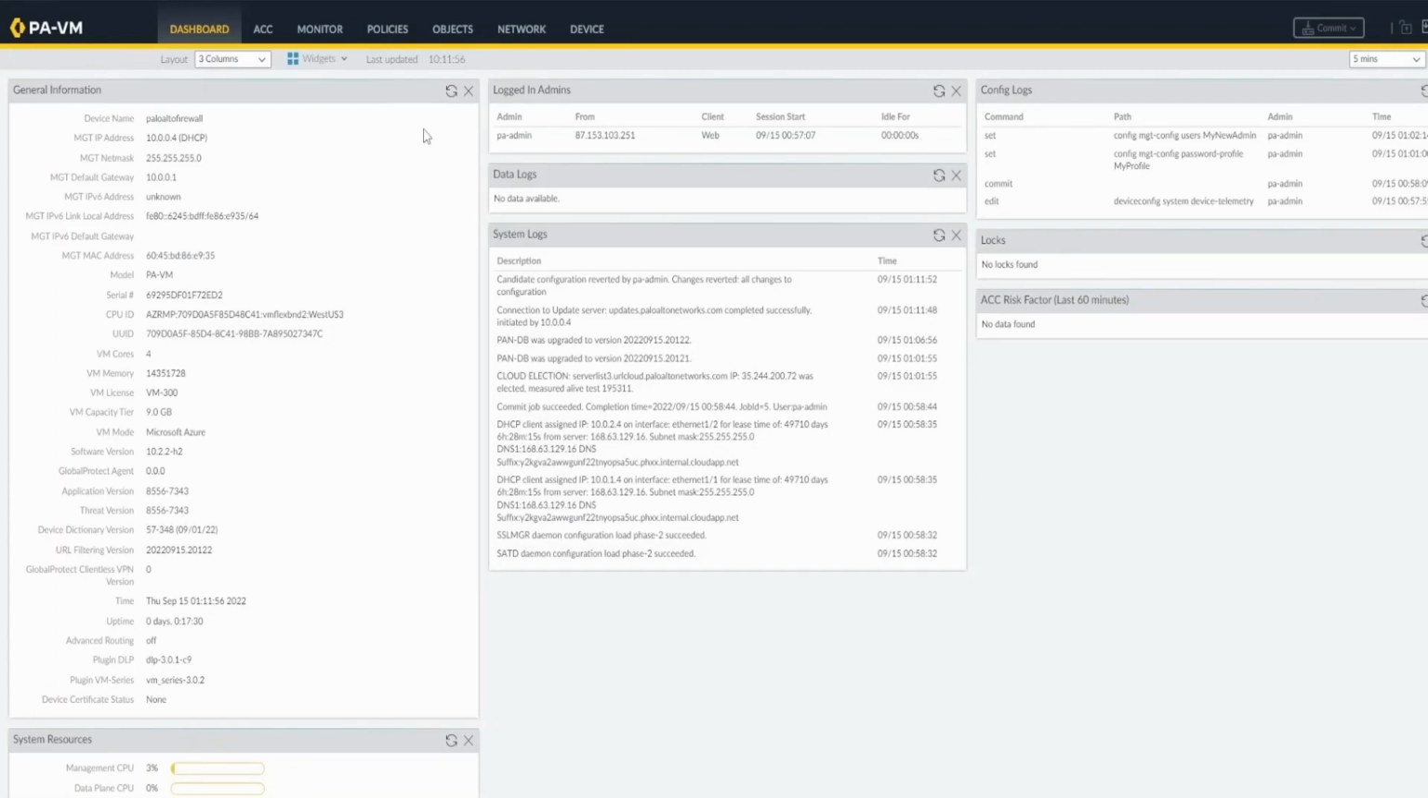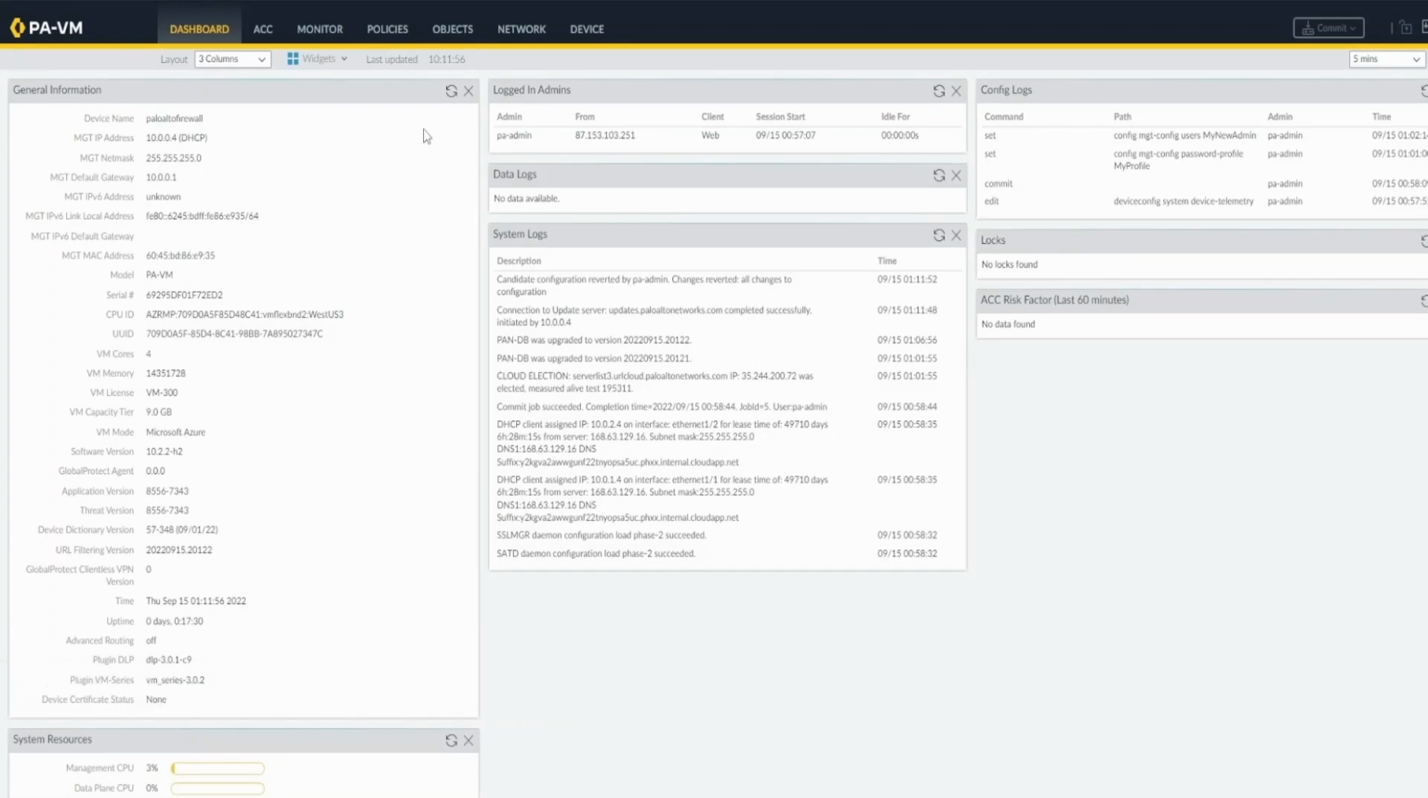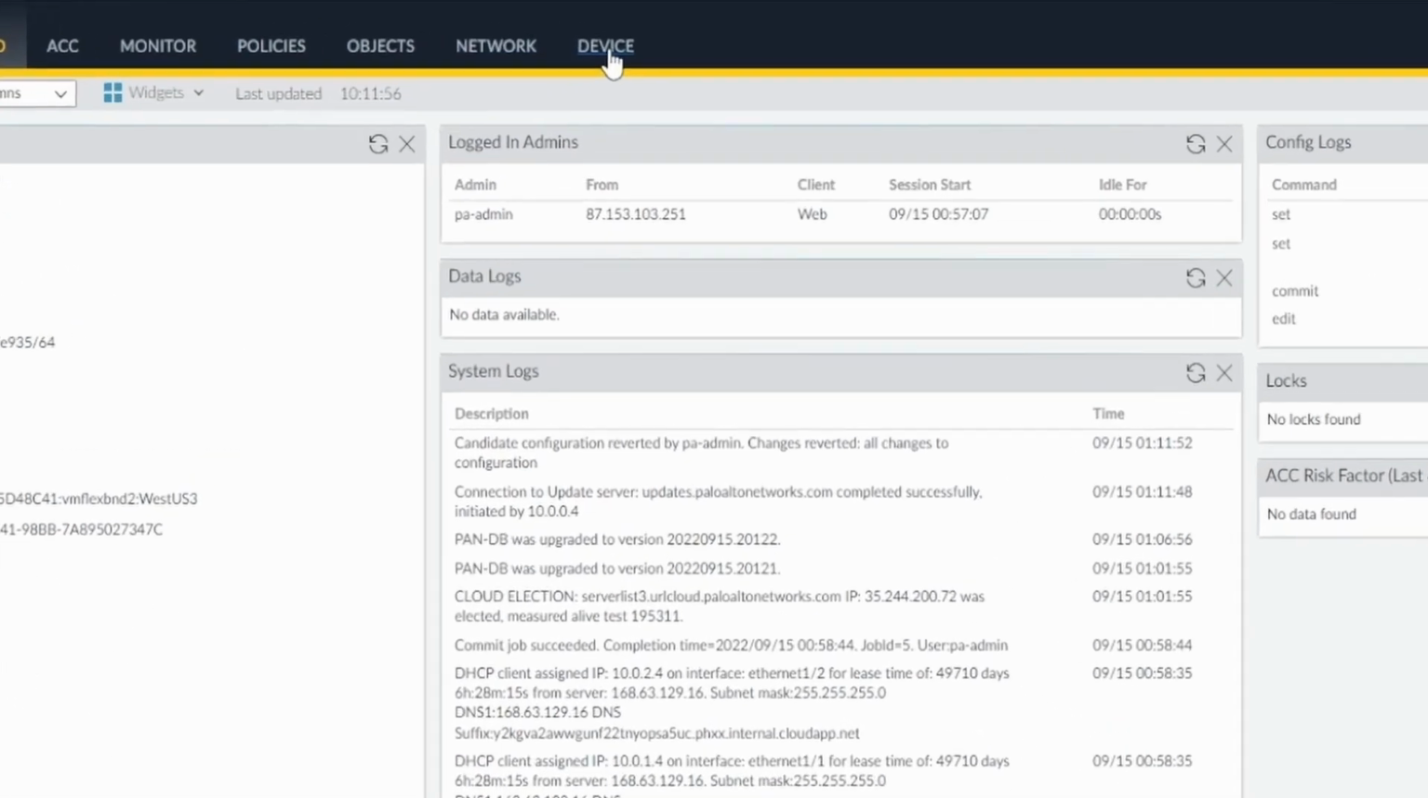So guys, in this video I want to show you the configuration of the administrator password and also a password for somebody who just needs to have read-only access to the firewall. So let's start. To configure the administrator password first, you have to go to Device